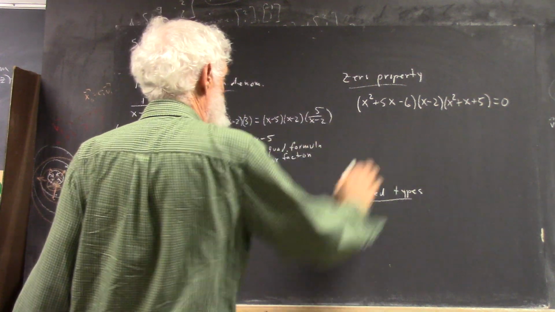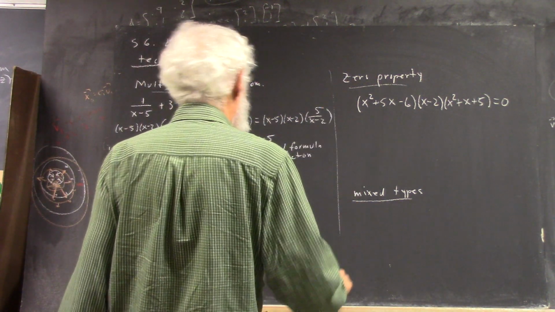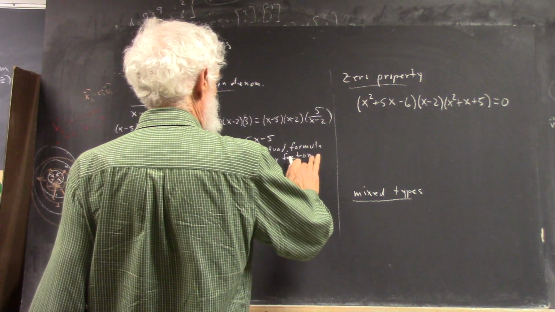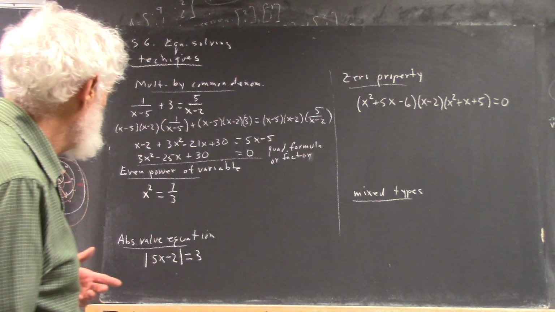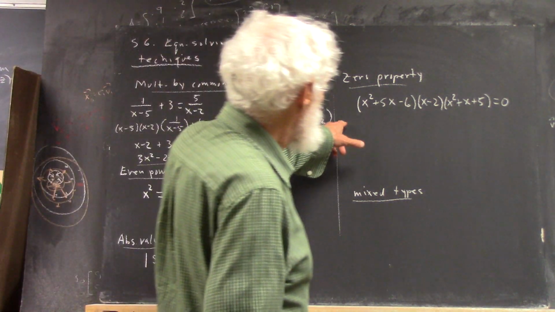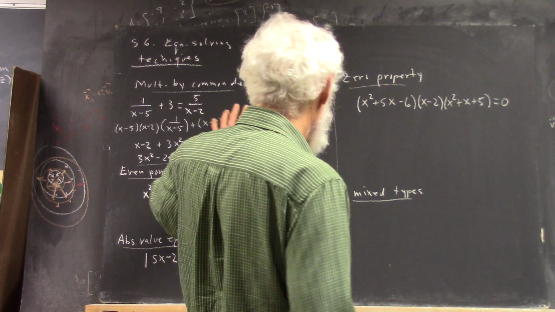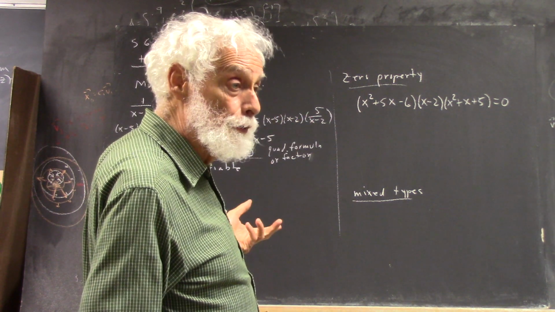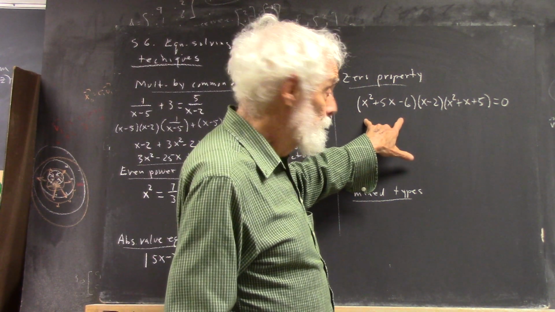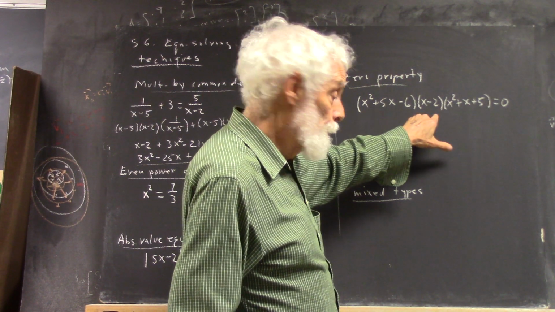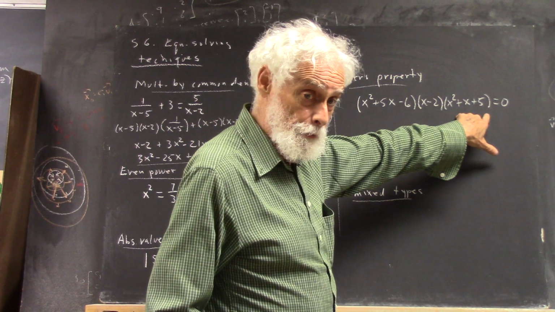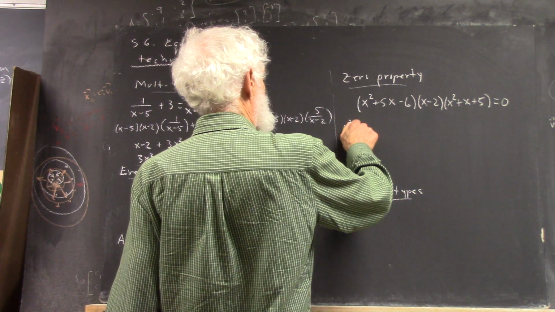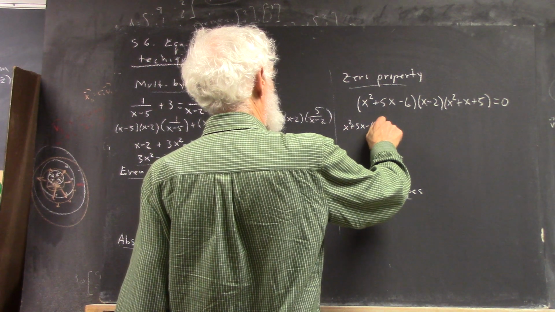And since I'm here, I'm going to move over to the zero property, because to solve this by factoring, you have to use the zero property. Okay? So, if I have this equation, and then we'll come back to what that says about this one, how am I going to solve it? Well, the only possible solutions come about if this factor here is 0, or this factor is 0, or this factor is 0. So we can say that, okay, the only solutions are the solutions to this,